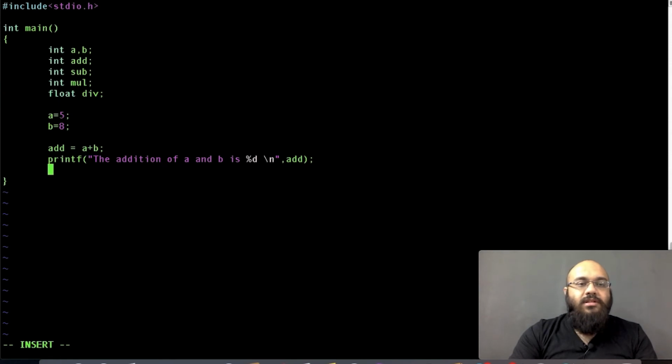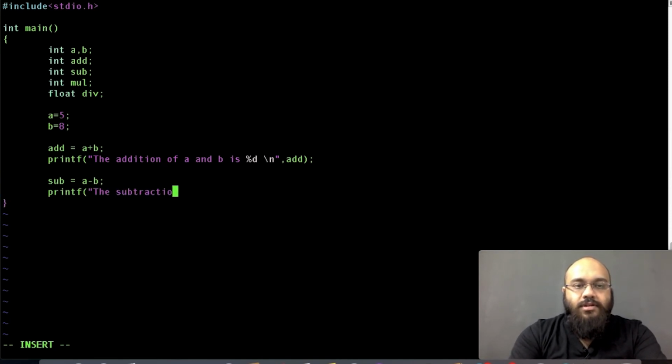Now subtraction, again the same way, we'll write sub is equal to a minus b. Cool. Then we will write again printf, the subtraction of a and b is %d\n, comma sub.